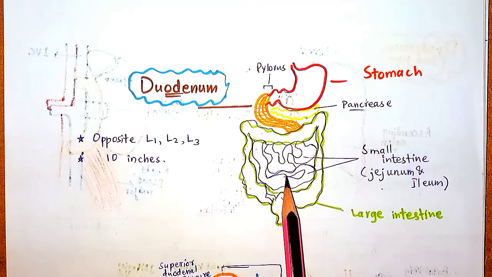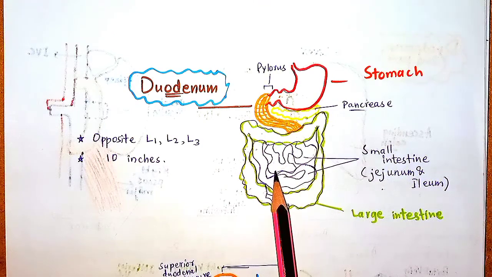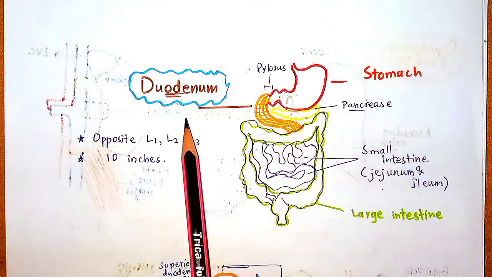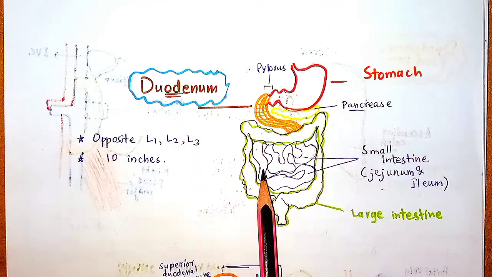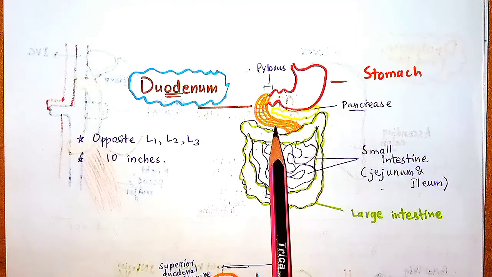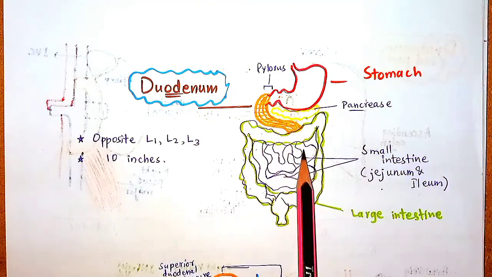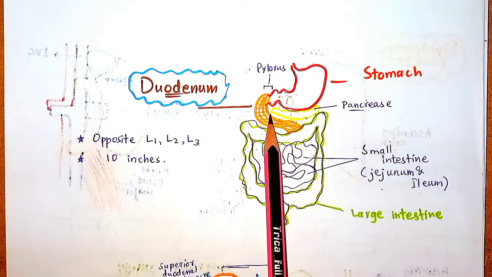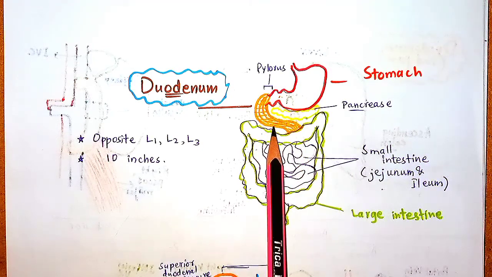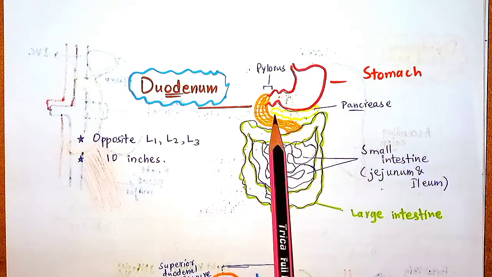Small intestine is the lengthy part of the alimentary canal that is divided into the duodenum, jejunum and the ileum. In this video, I will only explain the gross anatomy of the duodenum. Duodenum is the widest, shortest and C-shaped tubular first part of the small intestine that extends from the pylorus end of the stomach to the jejunum. It curves around the head of the pancreas in the form of the letter C and receives the openings of the bile and the pancreatic ducts into it.